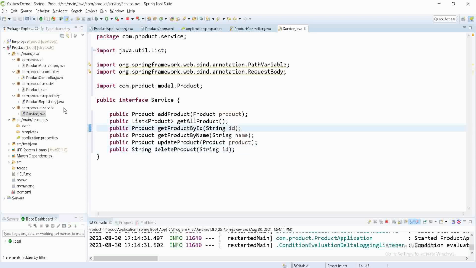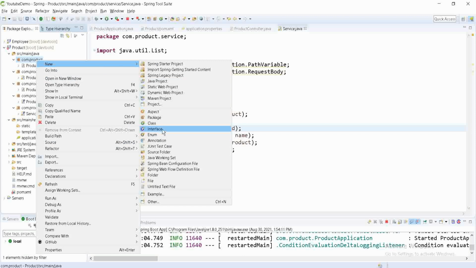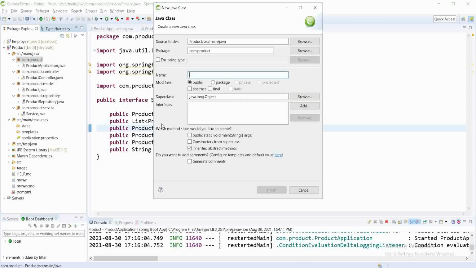Now we have to create one more implementation class in which we will implement all these methods. So let's create that. Click on new, create one class, name it service implementation, and I want to put it into the implementation package, suppose impl.